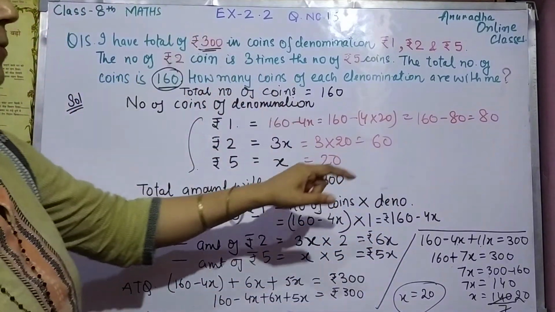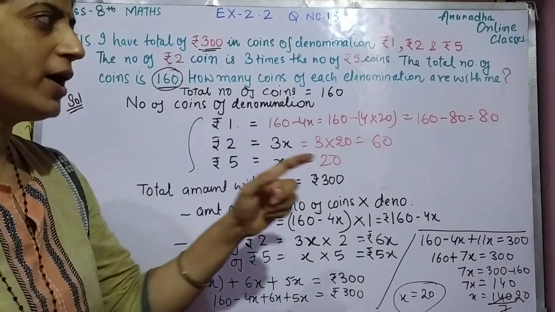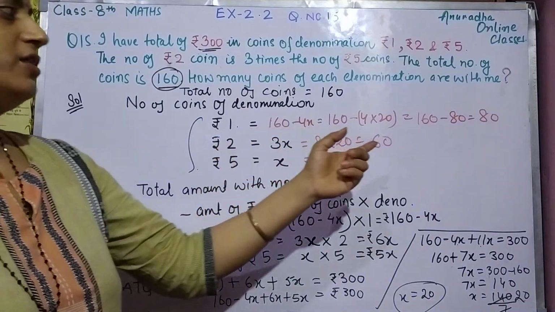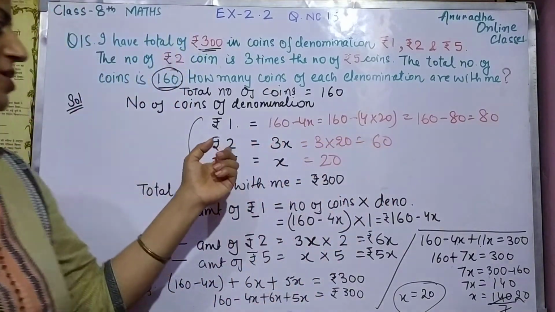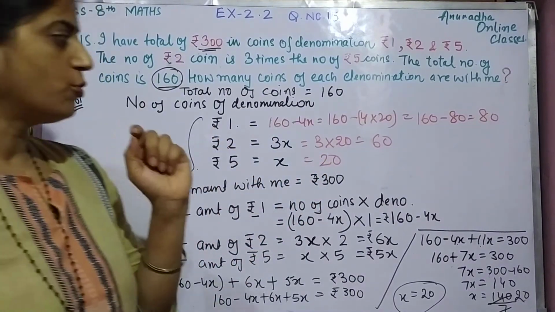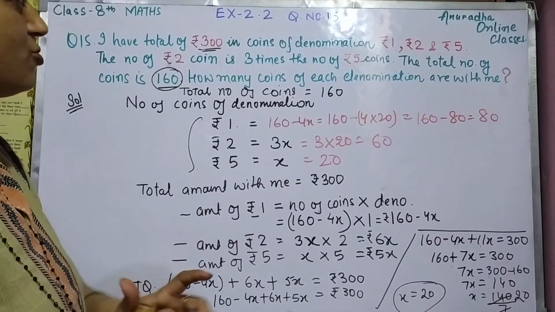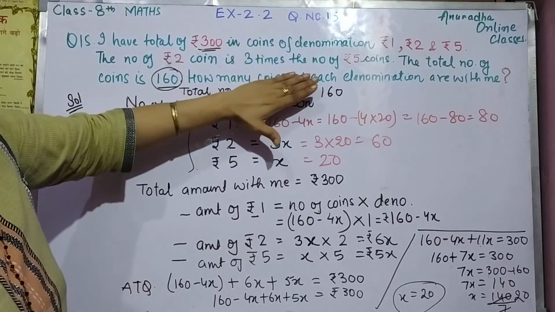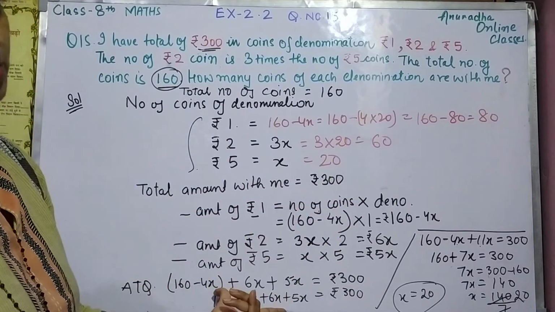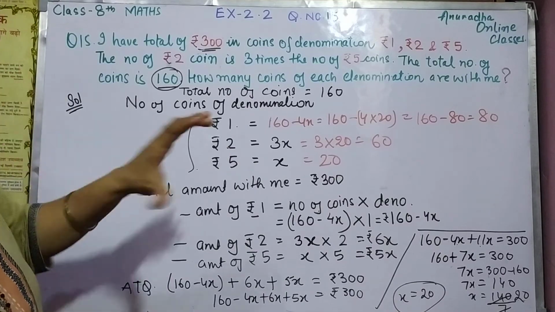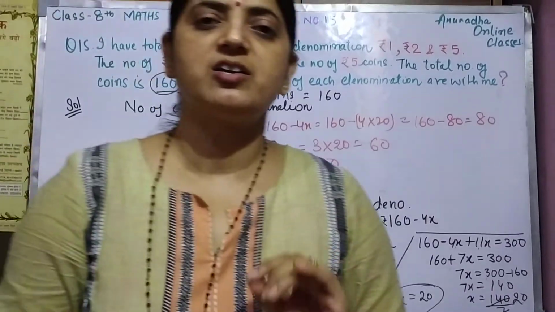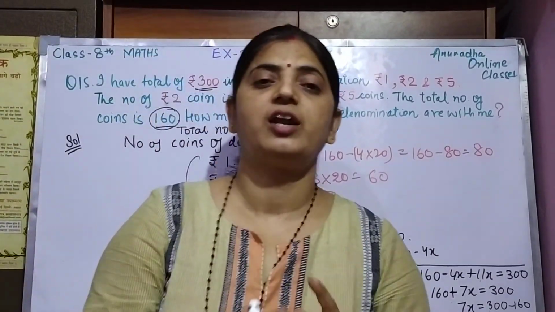So I am having 1 rupee coin, 80 coins I am having, right? And 2 rupees, I am having 60 coins of 2 rupees. And I am having 20 coins of rupees 5. So I think this question is clear to you. सबसे पहले देखेंगे दिया क्या क्या है and what you have to find out. Here we got the equation here. So after this तो you can do. But this is very important part of the question. तो आप इसको 3 से 4 बार इस वीडियो को देखिए. You will definitely understand this.